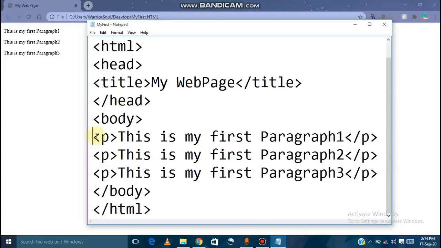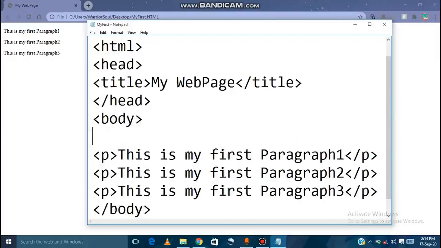What if I want a heading tag on the paragraph that I have written? To use a heading tag, you can simply write H. We have different headings: H1, H2, H3, H4, H5 and H6.